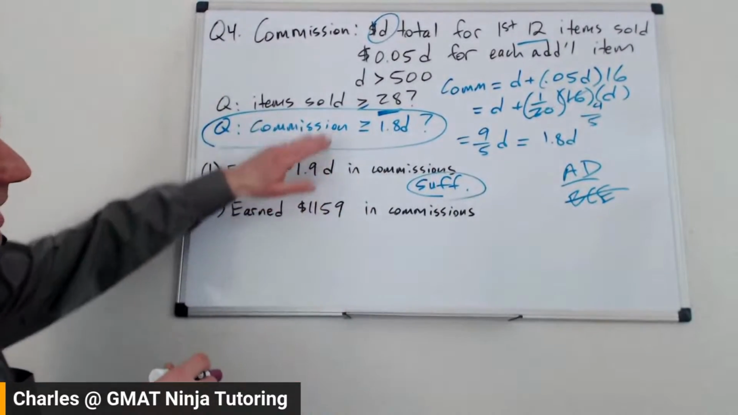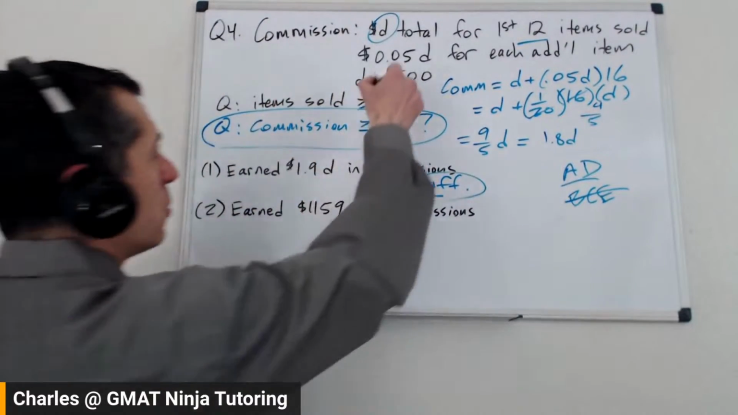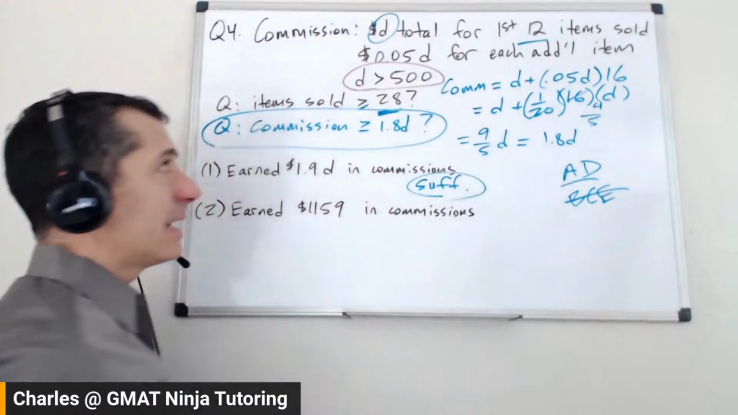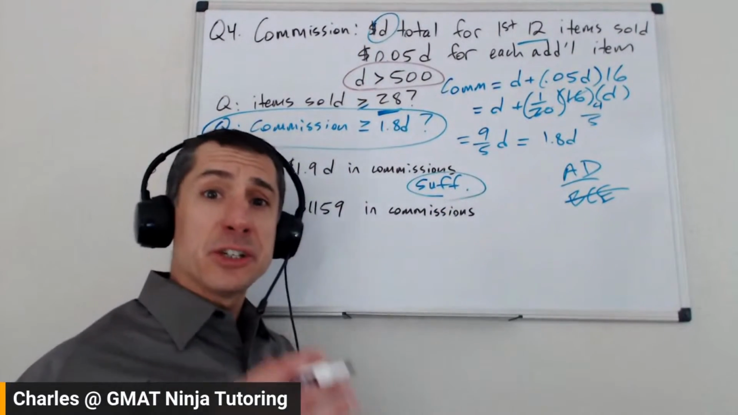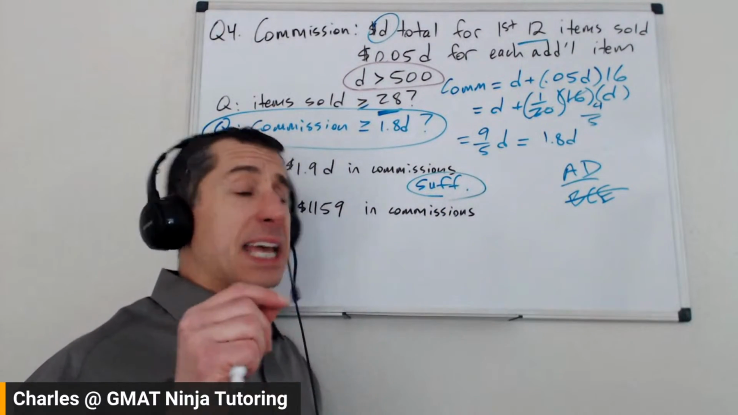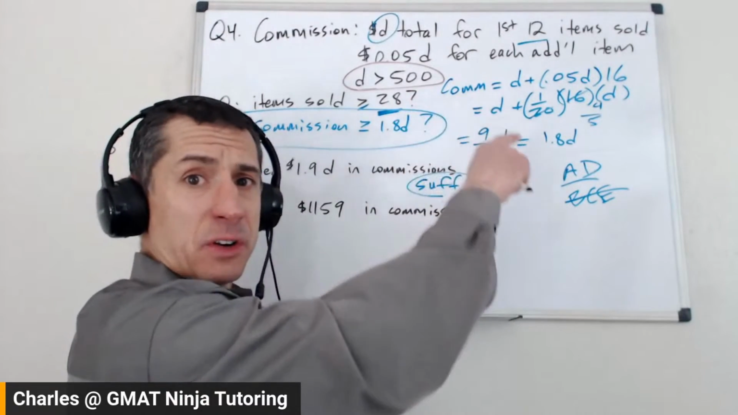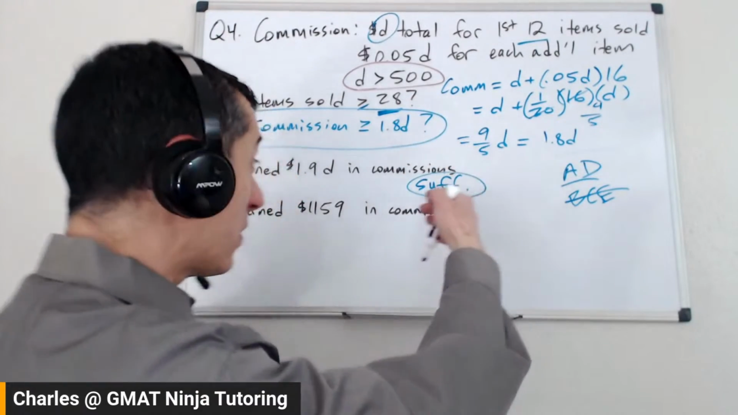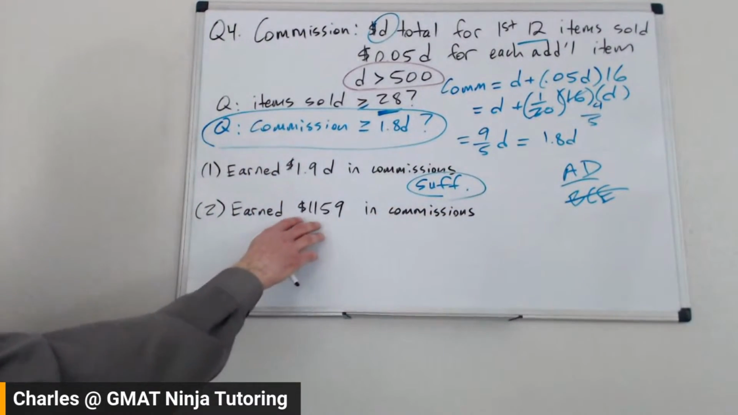So the temptation here is to overthink this a little bit and start doing something with it that you shouldn't be doing. We're not saying that D is $500. We're saying it's greater than $500. Okay, so statement 2 is telling us she earned